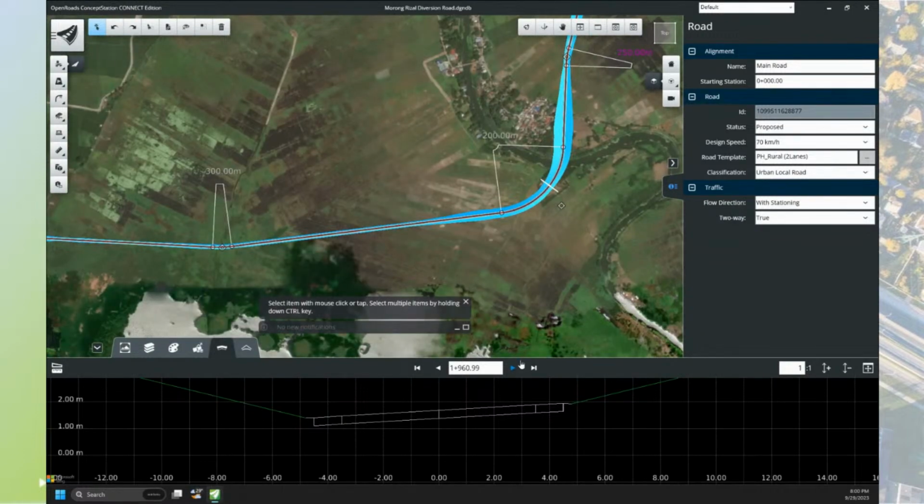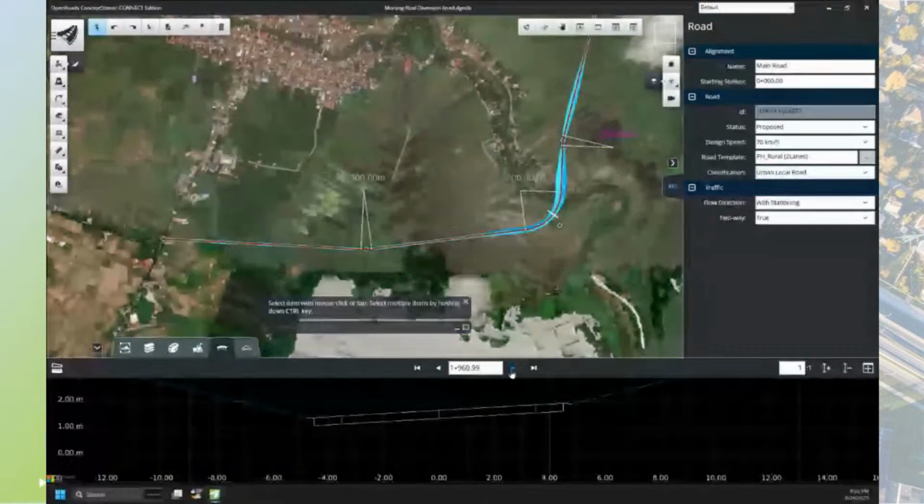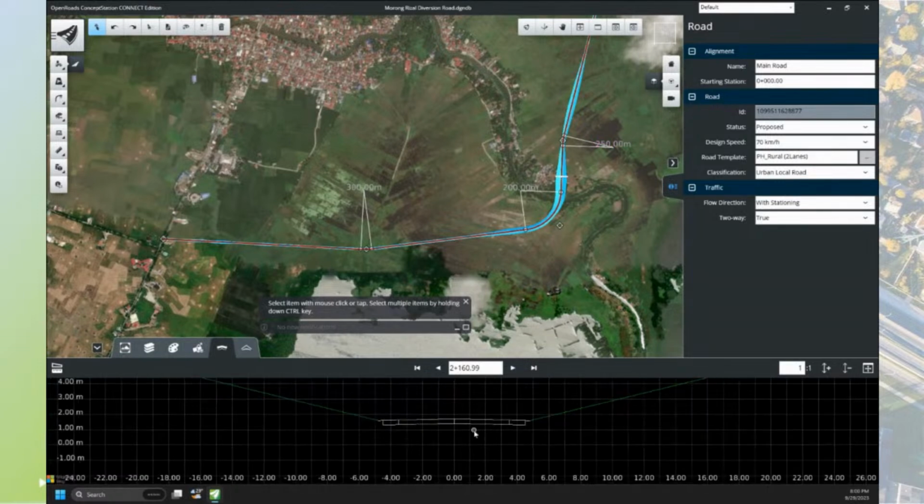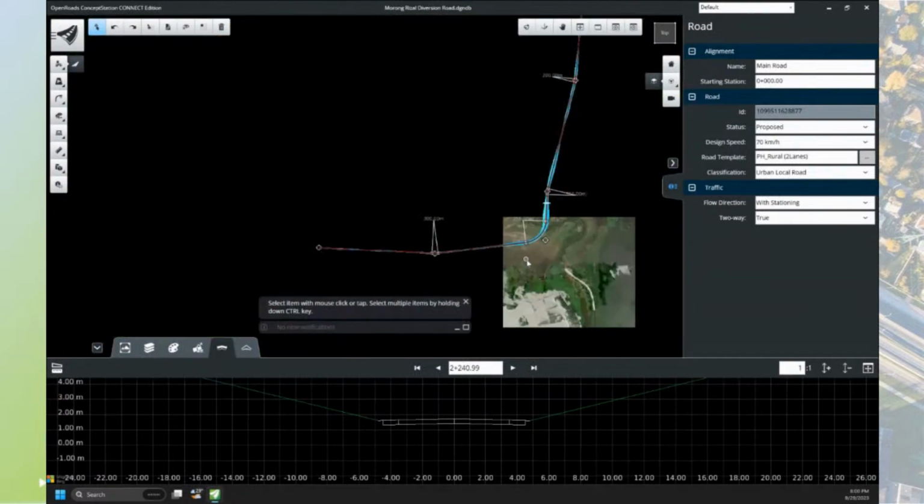Okay, and if we look at and scroll through some of the portions, right, you'll notice that it's going back to the normal crown, right? Because straight na po siya, right there. Okay, now,